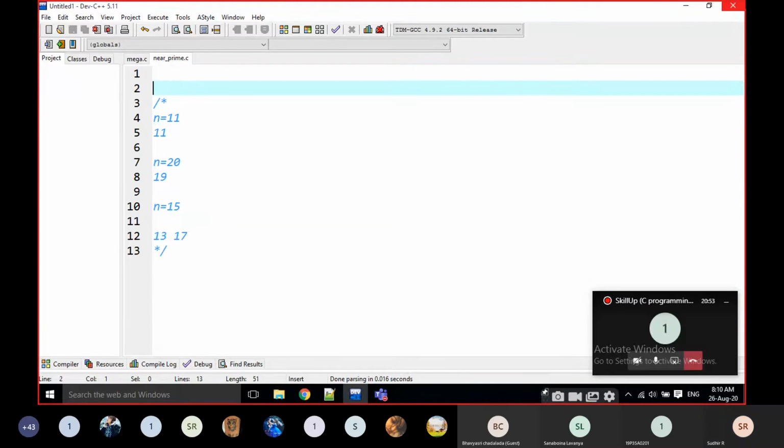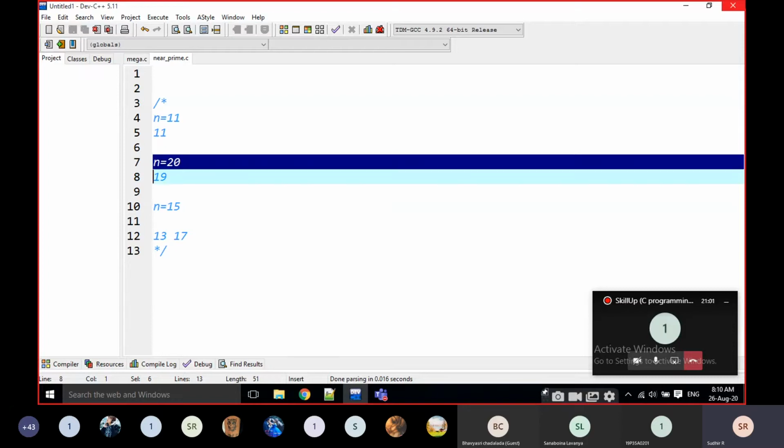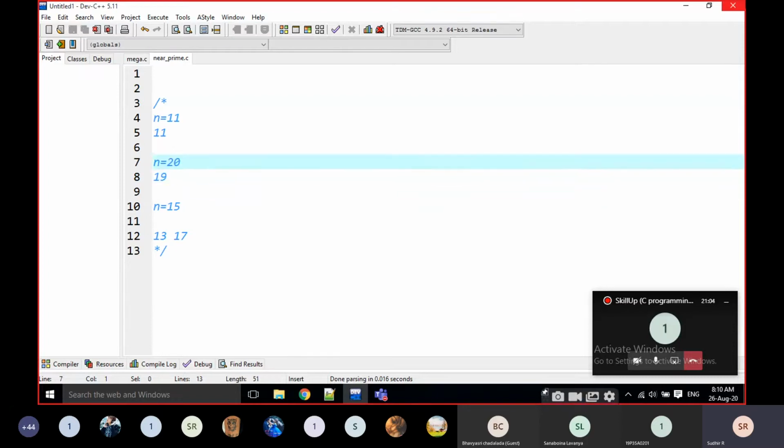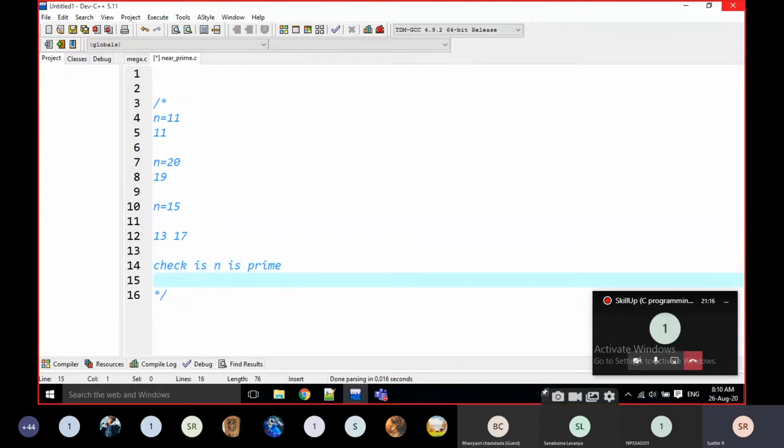We already know how to write prime logic using the SQRT function, right? Using the SQRT methodology. Now I am going to find my plan here. My plan is to check if n is prime. If it is prime, we write inside the if.